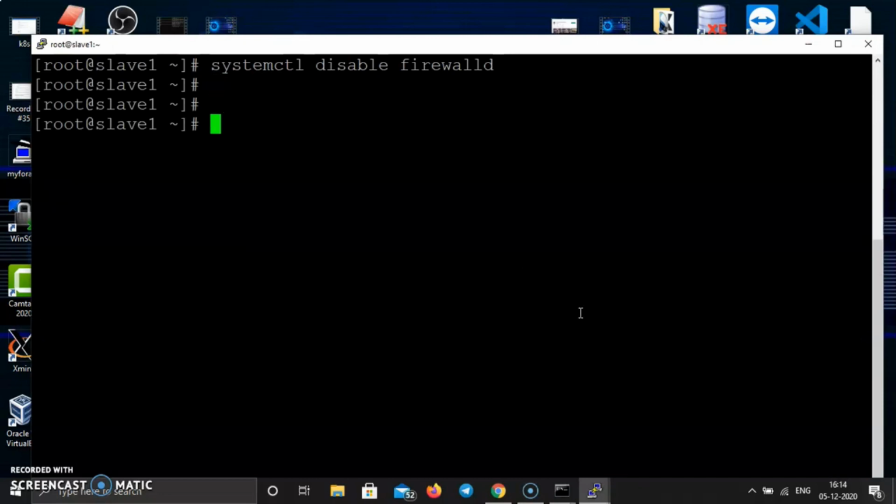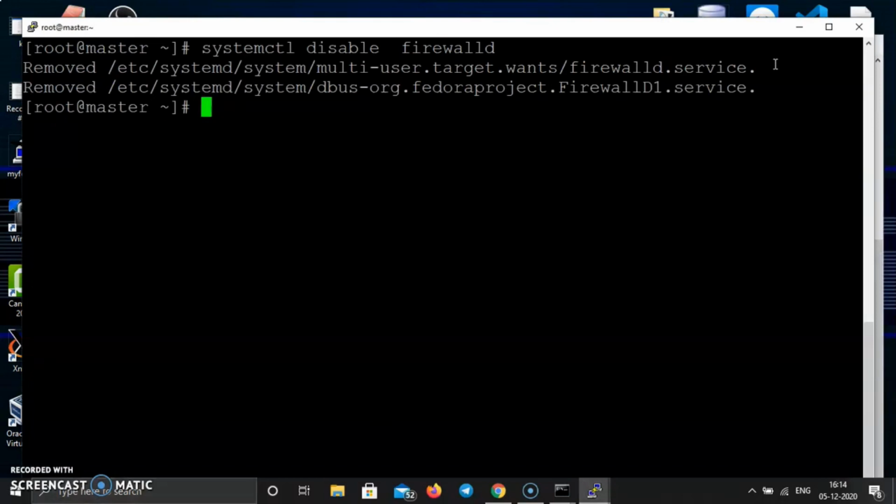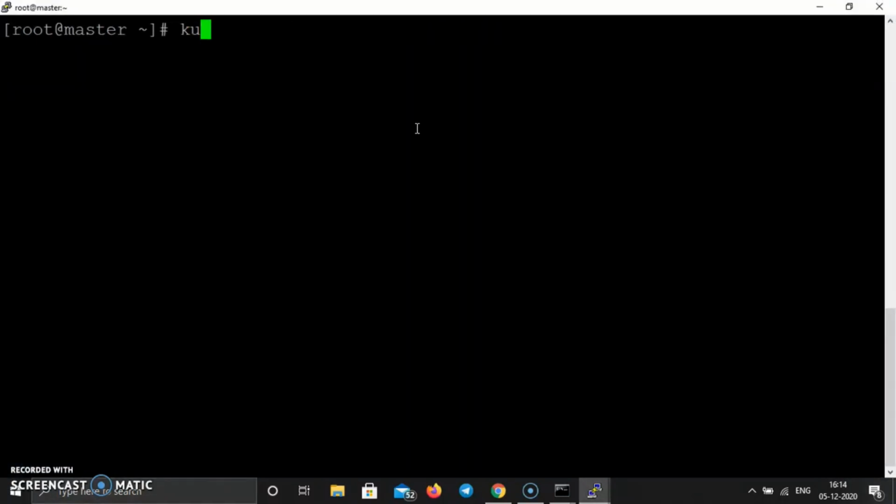Now let's create the Kubernetes master node. To create the master node, we have to run one command: kubeadm init --pod-network-cidr.